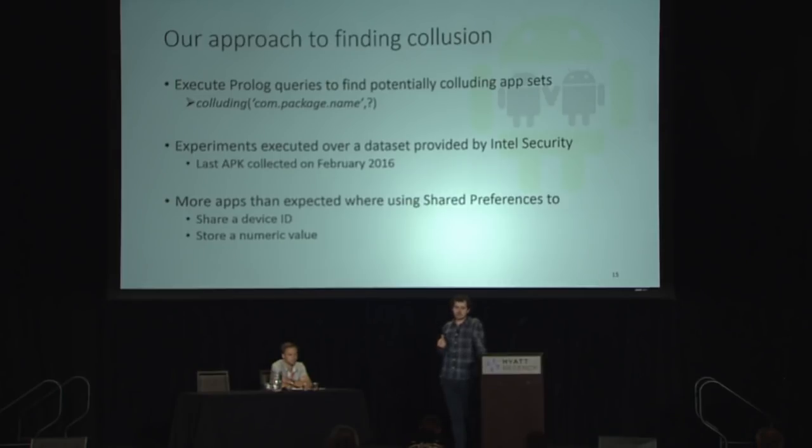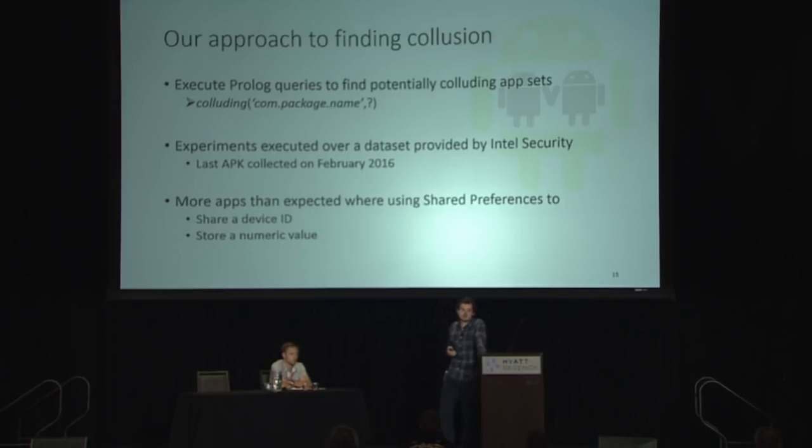First, most of the things we found were inside libraries that were being imported by applications. Some of them advertisement libraries, some of them other kinds of libraries. And we found that there were many applications that were generating a unique device ID and sharing that device ID through shared preferences with many other applications. This obviously implies a kind of collusion that would decrease the privacy of the user, because they can track which applications are installed on the same device. And that can be used for advertisement targeting, and things like that.